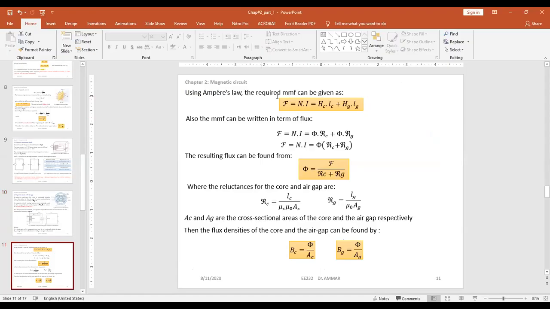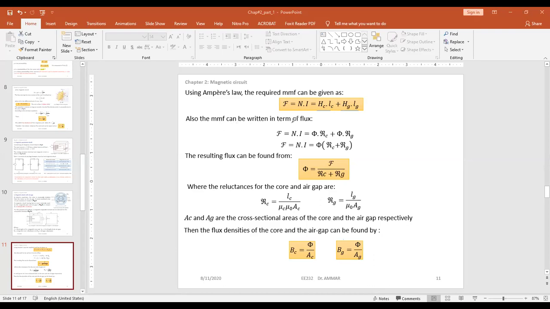Here using Ampere's law, the required MMF can be given as F equal to Ni, equal to HC LC plus HG LG. So this one is the MMF of the core and this one is the MMF of the air gap. Okay, and the total MMF is equal to the summation of those